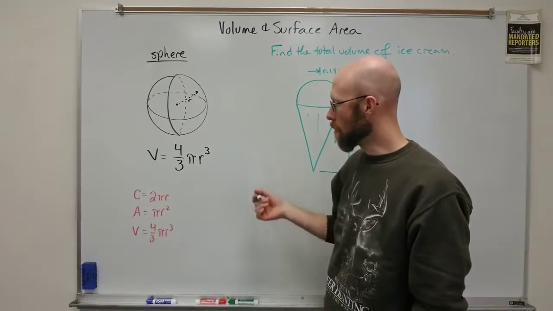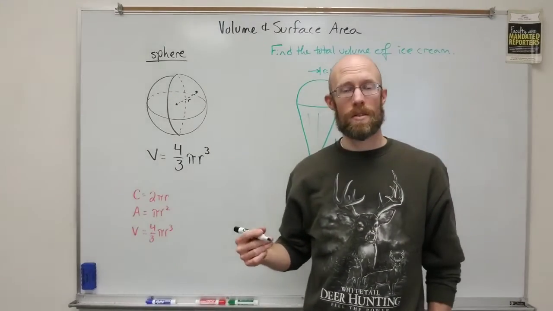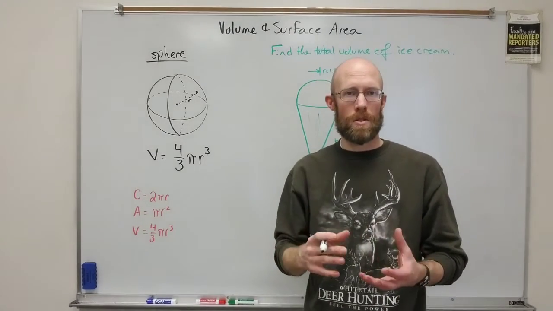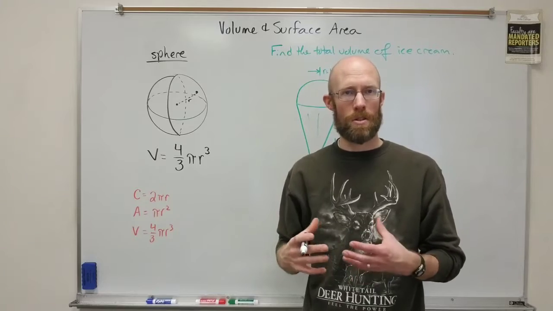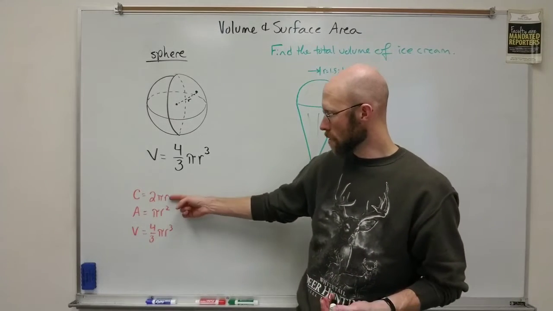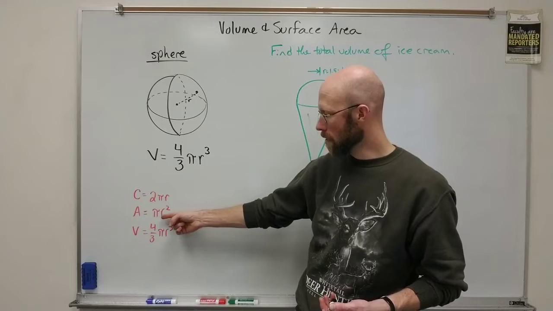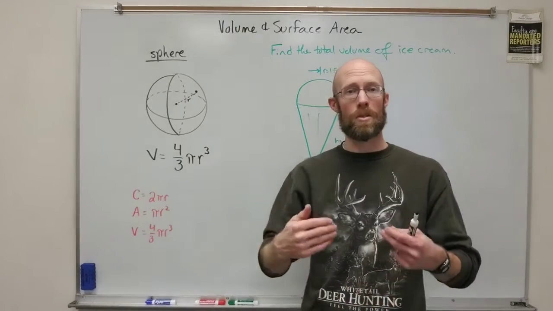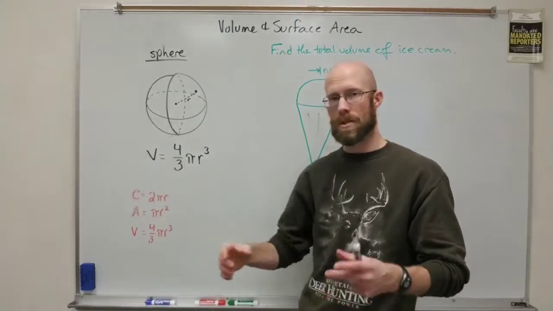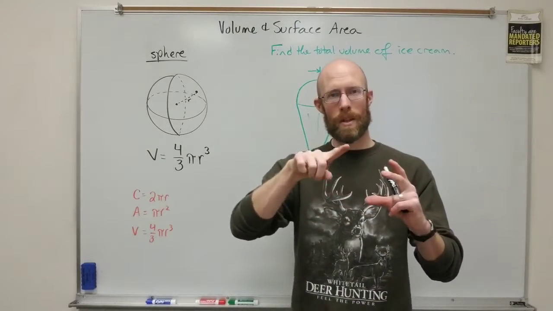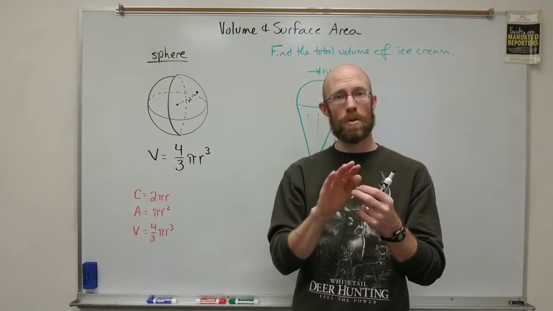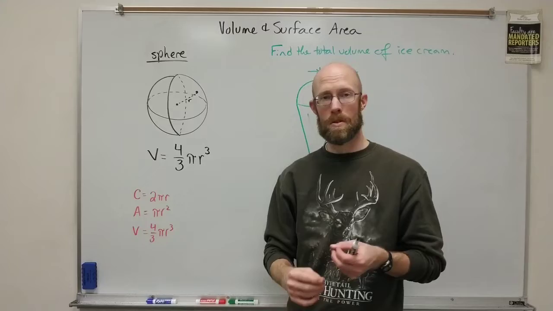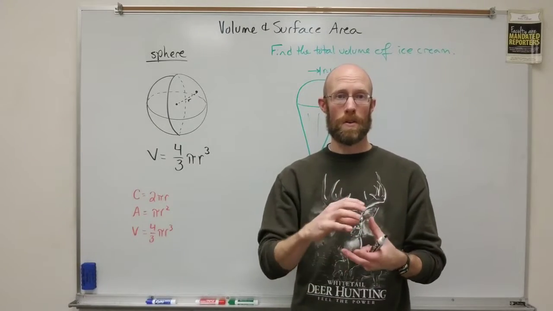one thing I do to remember these things is your circumference, area, and volume. If you think about circles and spheres, sphere being a three-dimensional extension of a circle, the circumference of a circle is 2 pi r, area is pi r squared, and volume is 4/3 pi r cubed. So you're increasing dimension, right? Circumference is a length around the outside. Area is a two-dimensional space on the inside of a circle, and volume is three-dimensional space that fills the